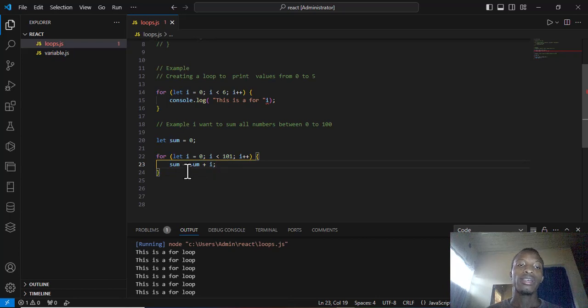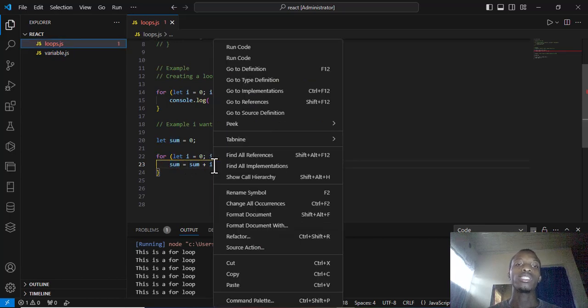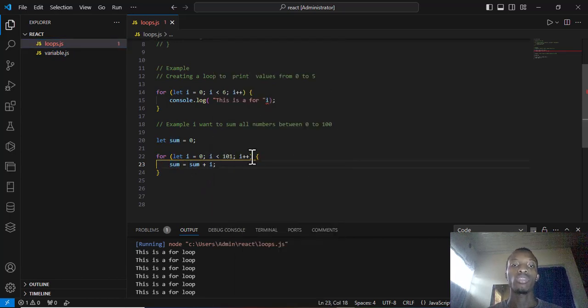The first thing, it creates a variable sum, okay. Now this sum here is the one that we have defined here that has 0. So we take that 0 plus the value that has been iterated here. The first value is 0, so take that 0. Then iterate, increase by 1, that is 1. So the sum is equal to sum plus the i, which is the iterated value, which is supposed to be 1, add it, then our new value for the sum becomes